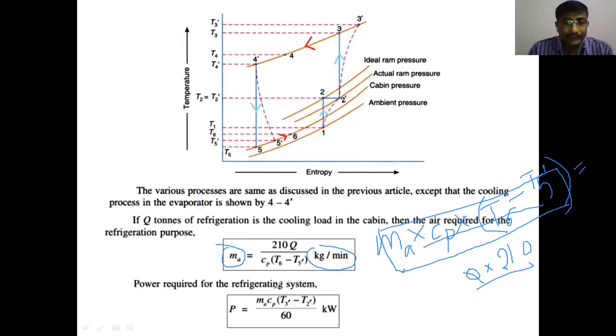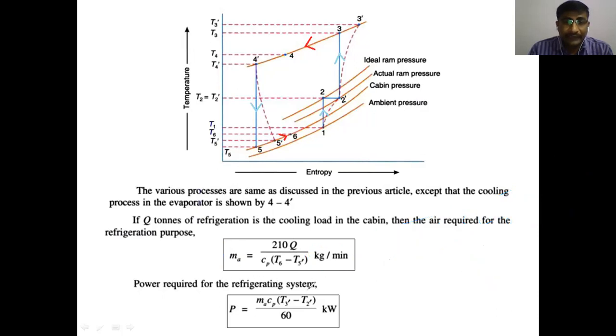Then, the power required for the refrigerating system. How much power is required for the refrigerating system? We are giving the power to the compressor to compress the air from the ram air pressure to the main compressor pressure. To do that, we require the power for the compressor, P equal to